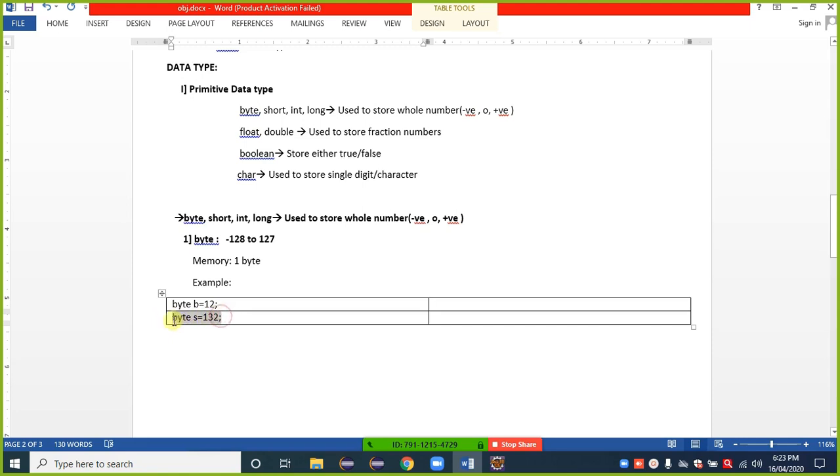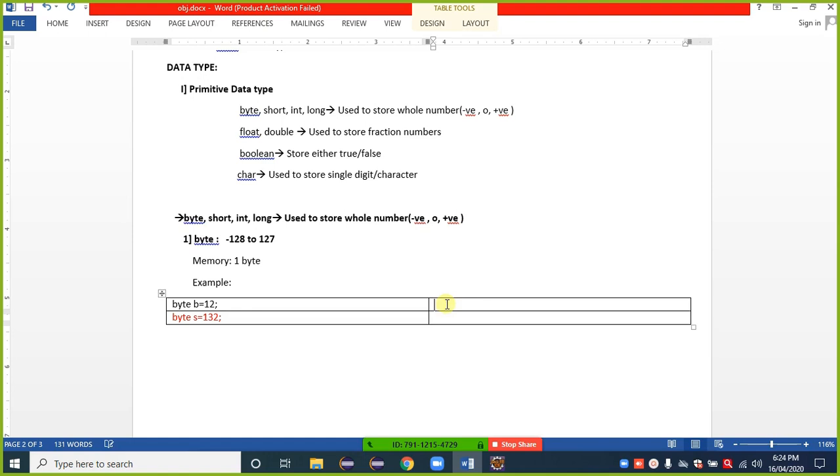Because we know the range of a byte is -128 to +127. A value more than 127 or less than -128, the byte is unable to hold. If I use such a value in Java, we get an error from Java. Keep in mind.